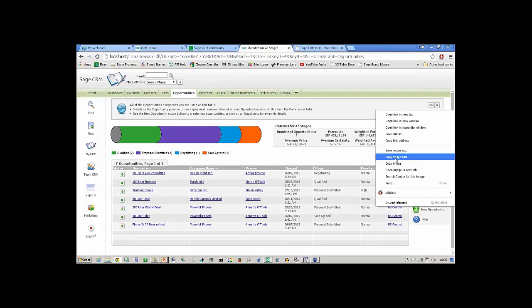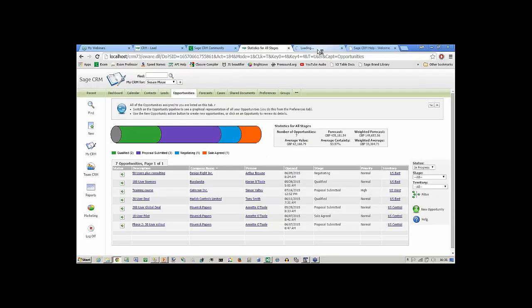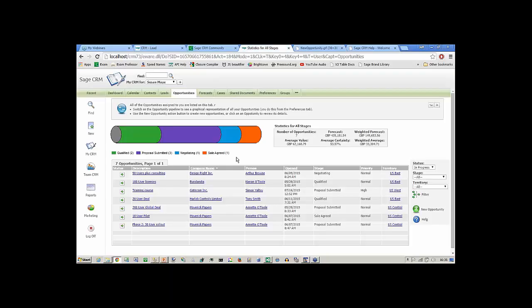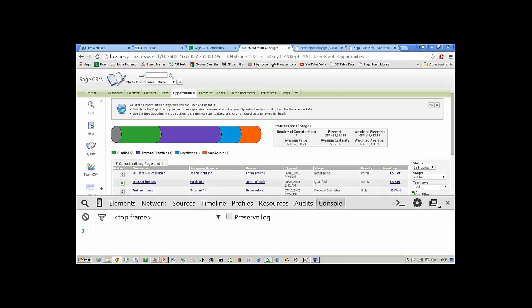So if I open the image on a new tab, you can very clearly see what the name of that particular image is called, and this would allow me on a page like this, knowing that, to